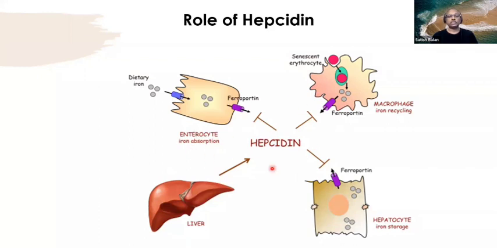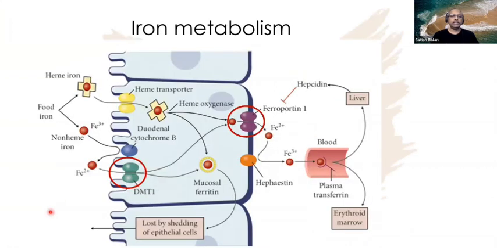Hepcidin is a molecule inside the liver and has an extremely important negative feedback expression upon iron. So hepcidin will do two things. One, it inhibits this DMT1 and prevents the uptake of iron. But that is not a major mechanism of action of hepcidin. The main thing it does is